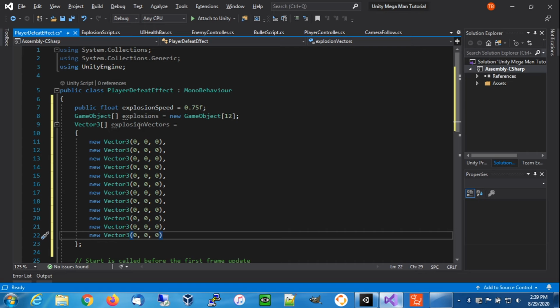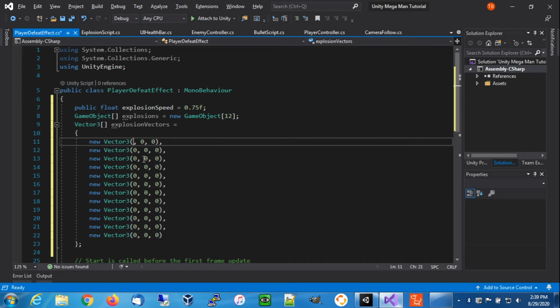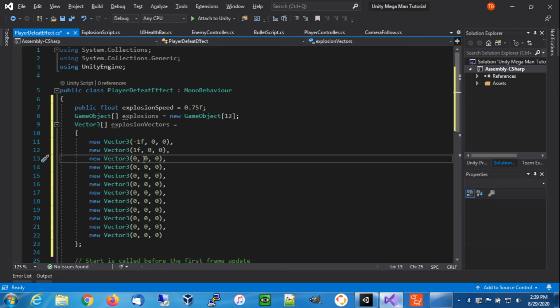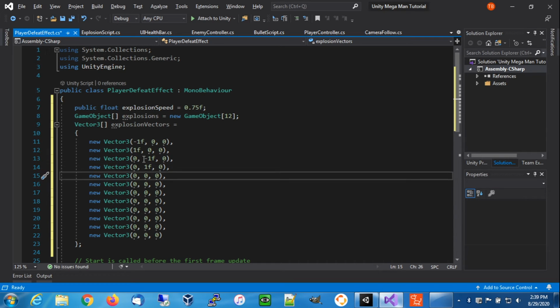Okay. So first particle, we want to go left, so negative x. Then we want one to go right, so positive x. Then we want one to go down, so negative y. Then we want one to go up, positive y. So now that's 4 of them. So then we need one to go